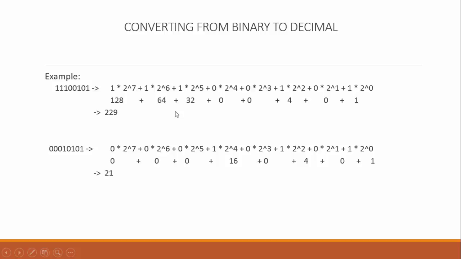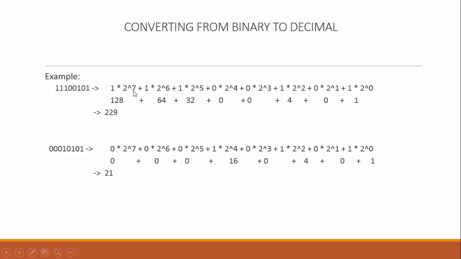So let's look at conversion of a binary to a decimal. Where we have a binary of 8 bits, 11100101, we want to convert it to decimal. Here each representation is a 1 or a 0. So we are converting it to decimal, and we have a 1